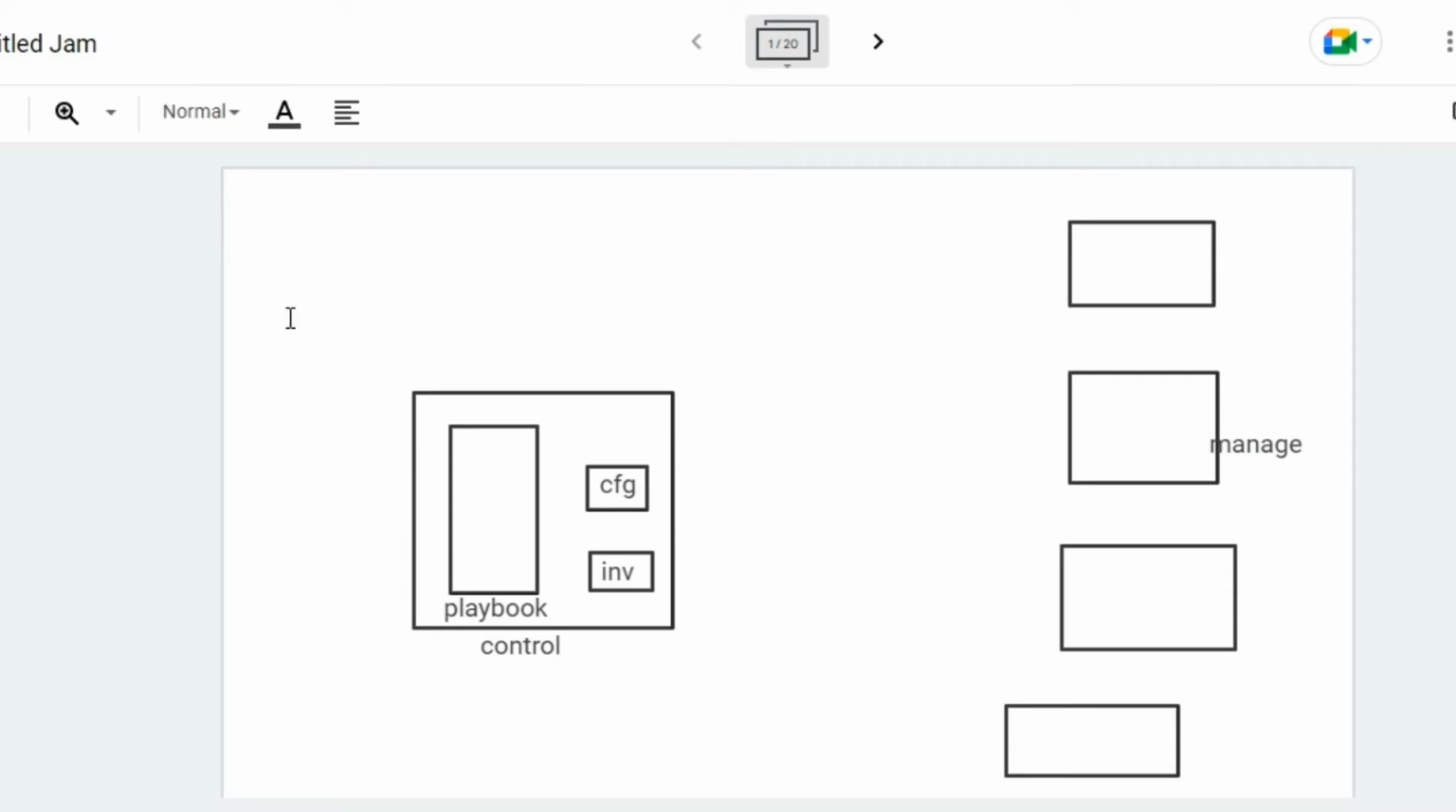The Ansible package has many things. It has the engine, you can say,